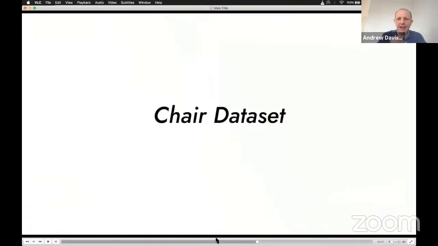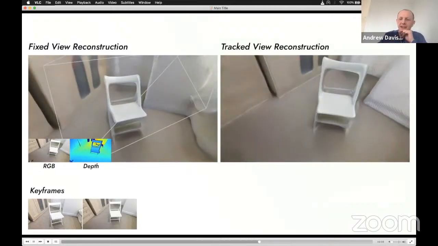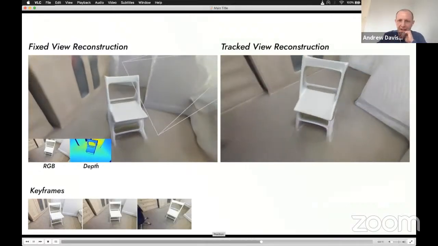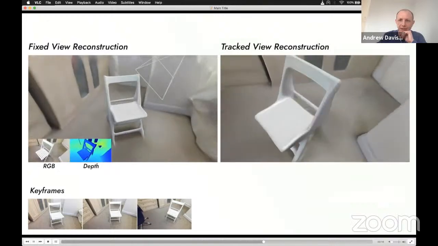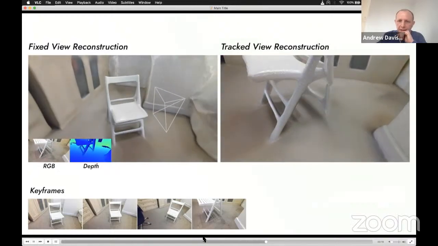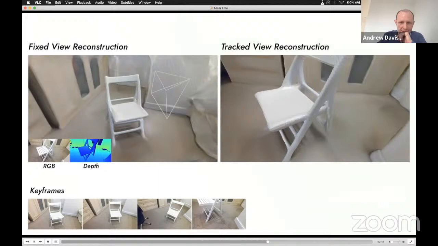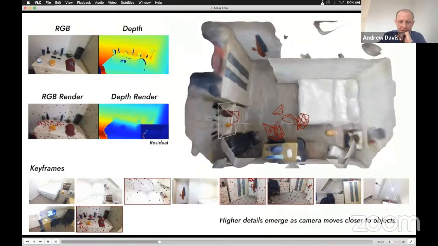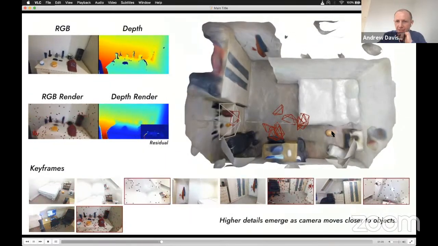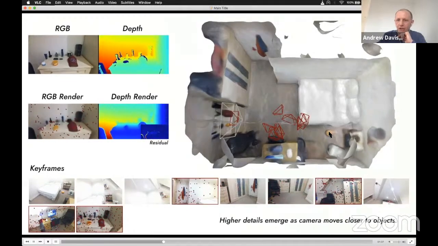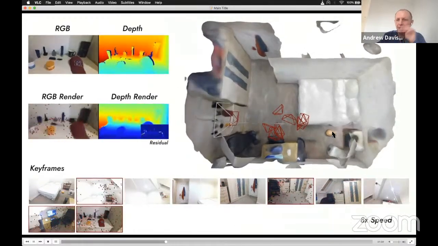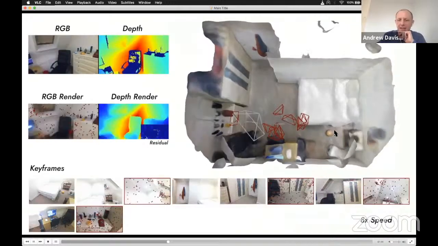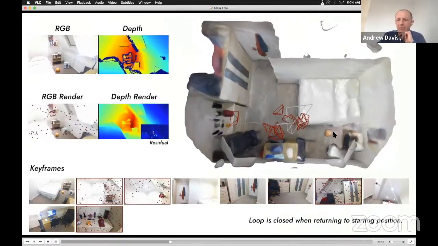And then some of the great properties of this system are the way it can complete shapes, even ones that it hasn't seen completely. So we're only looking at this chair. I think maybe that point is clearest in this example, where you look at an object like this orange football on the floor here, which we've only really seen from one side, but the system makes a shape for it at the back.